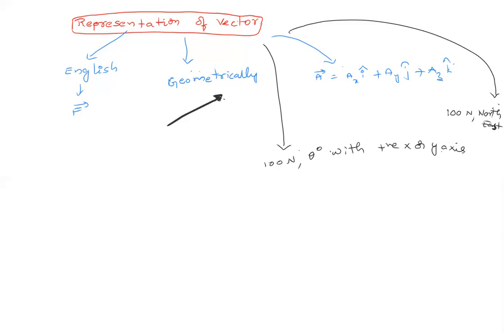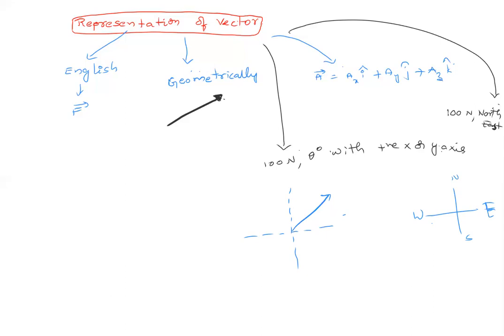In English we just simply represent it with the help of a letter. Geometrically you do it with the help of lines, a directed line segment. Angle-wise, in terms of xyz axis, you just simply take the axis and represent it like this. In terms of i cap and j cap you can write it, or within the plane of paper you can choose north, south, east, west direction and then you can give it. So indirectly all these are representations of vectors.